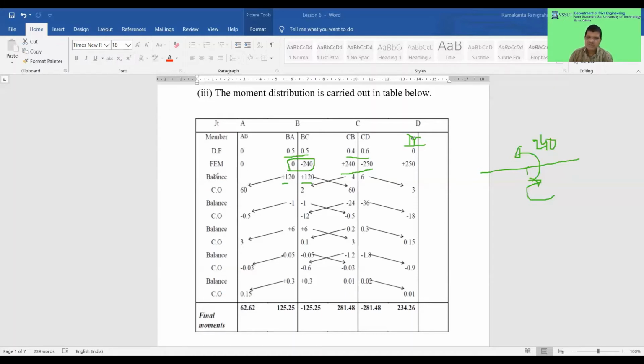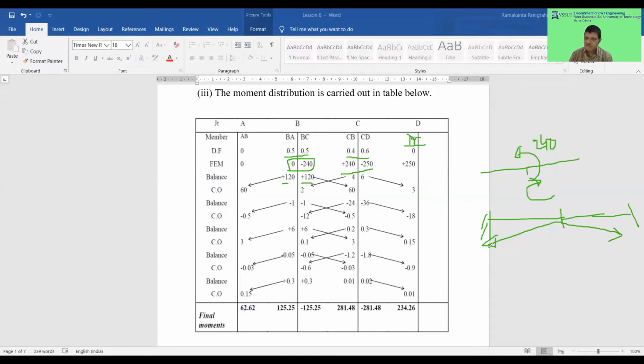So this is clear now. We balance the joints, and once you balance the joints, then carry over. So what will carry over? Because what we have seen in the last class, if the member is like this, the moment here will be carried over to here, and the moment here will be carried over to this joint here. So what is the carryover value? The carryover value is equal to half of the moment here